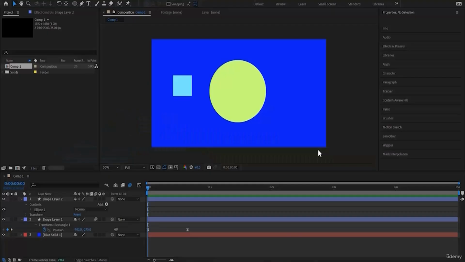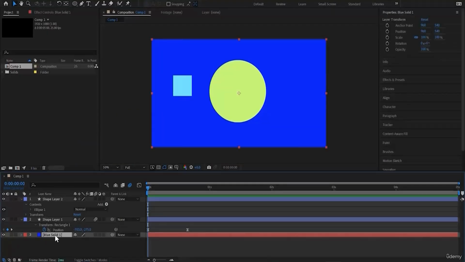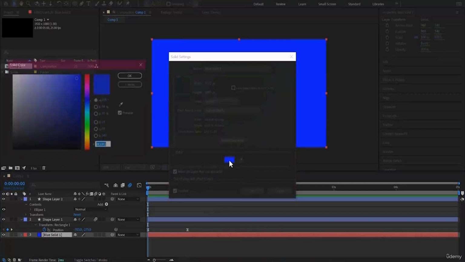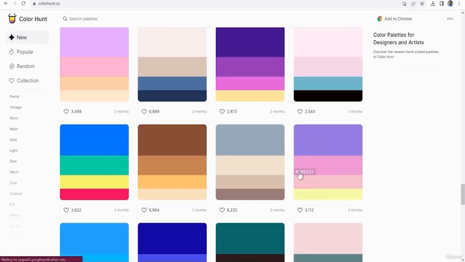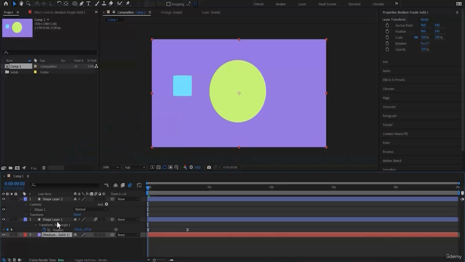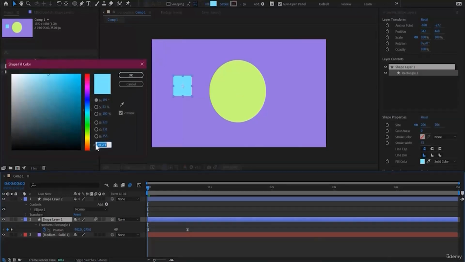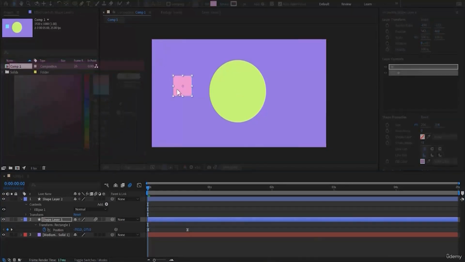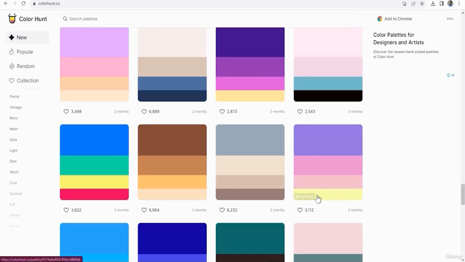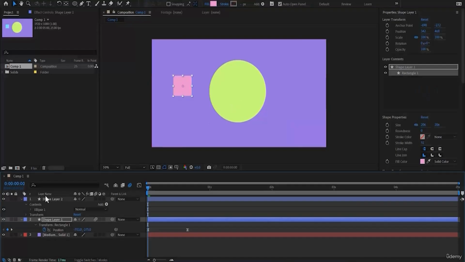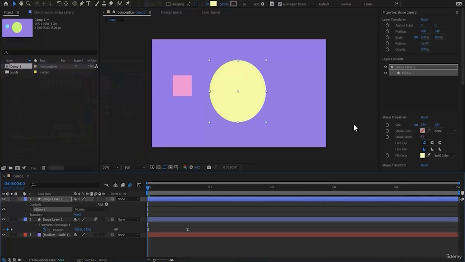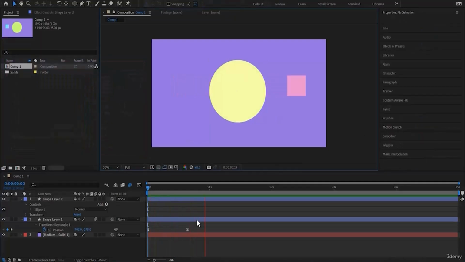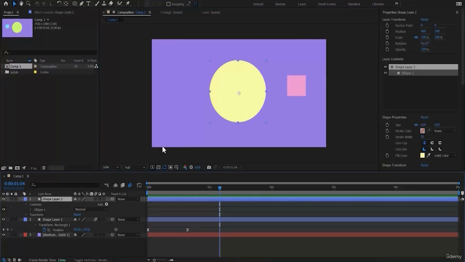Let me take this color as my background. So I'll just go here, Control Shift Y. I'll click here, I'll paste the color. Again over here, I'll go to the fill. I'll just paste this. I'll take this and I'll go here and I'll just, this is now what we get. This is done. And this shape layer over here, what I'll do is